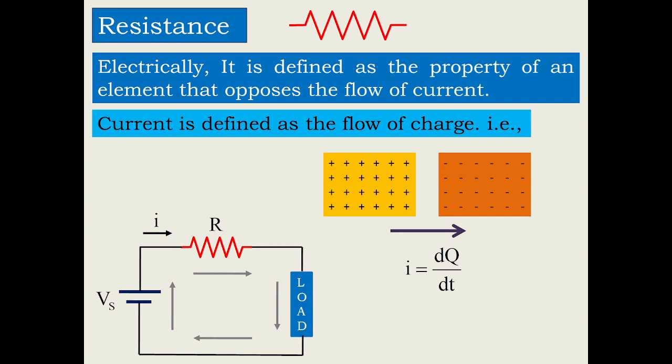This is the closed circuit where you have source voltage, you have a current which is driven to the resistor, and it is also flowing through the load and it is coming back to the source. So the directions of the current, it is shown by the arrows. When the current flows through resistor R, it will develop a voltage which is called as resistor voltage given by V suffix R, and when it is going to flow through the load, it will be called as load voltage.